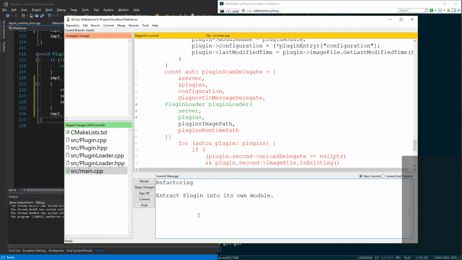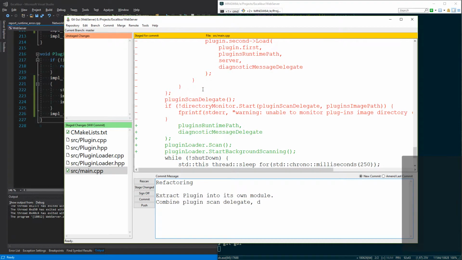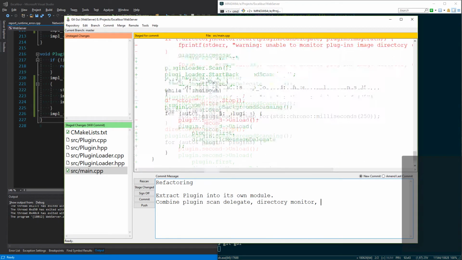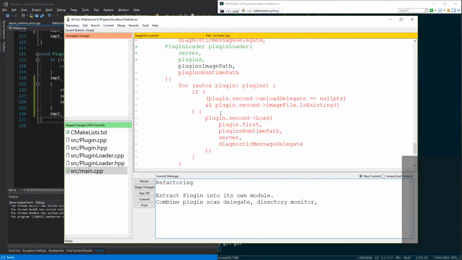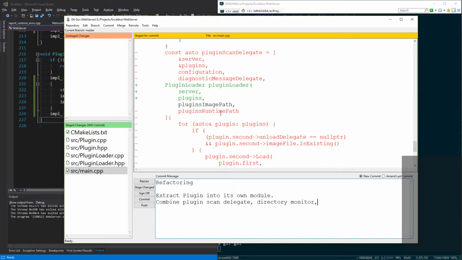So combine plugin scan delegate and the directory monitor. And it also pulled in something else, right? Oh, okay. Basically, that was those two. Combine plugin scan delegate and directory monitor into a new class, plugin loader,